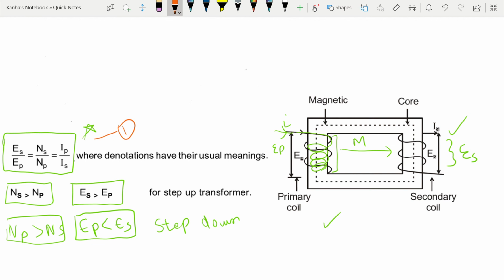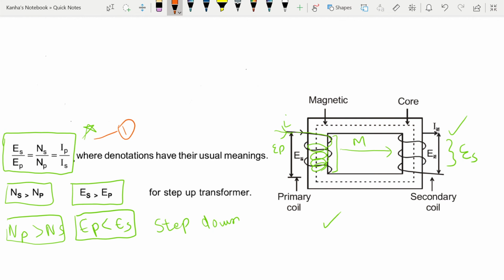So the basic idea is, a step up transformer converts a low voltage high current into a high voltage low current. A step down transformer converts a high voltage low current into a low voltage high current. You should always know that the power transmission, generally through the power lines, is carried at a high voltage low current, so that the voltage drop and power losses can be minimized through the transmission line.